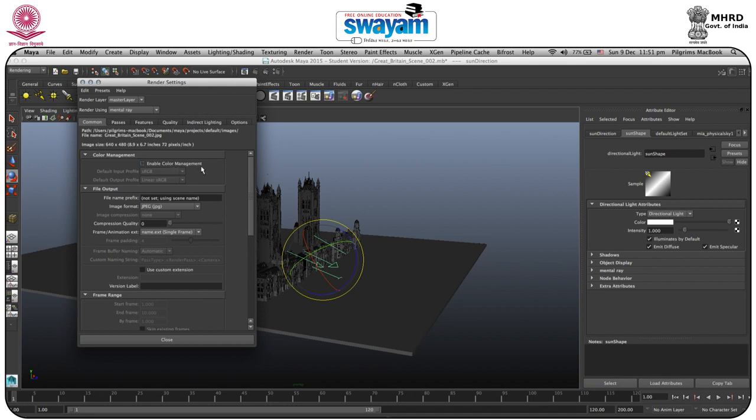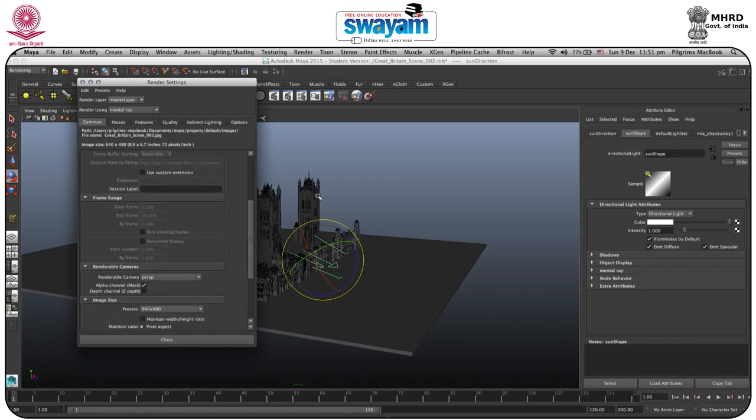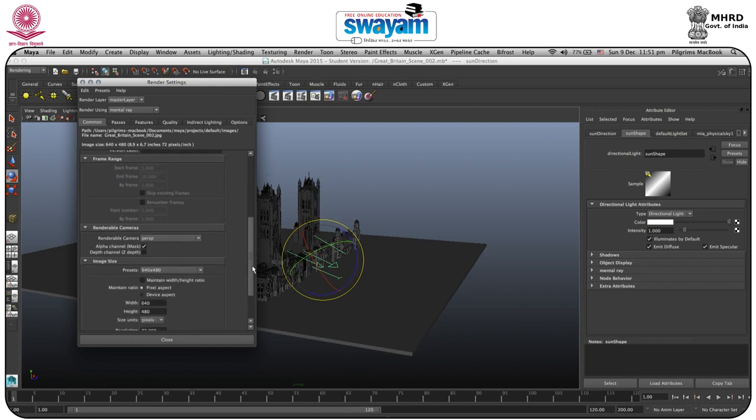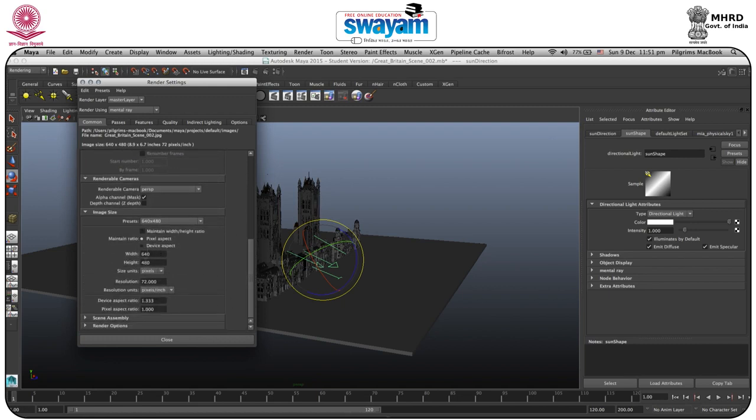Okay, enable color management, we don't require color management because we are using our own thing and own light and all. So yeah, the size of the image is also very important, and its resolution. So by default, which is 72, okay, you can increase this to 300. That means you can zoom and it will not pixelate as compared to this 72 resolution.